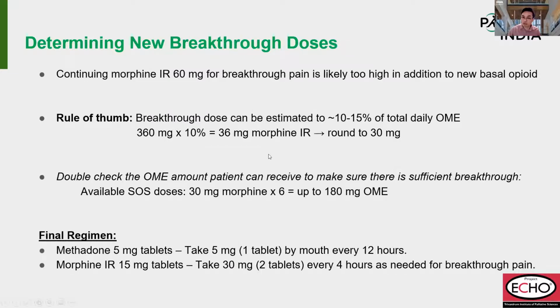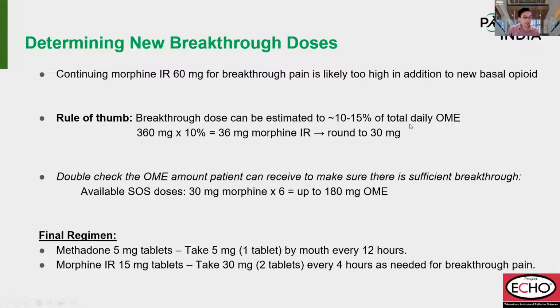And that's a great question. So when we think about how much SOS dosing they're using, if we continued the 60 milligrams a day, that might be too high of a dose, right? Because we're adding on a basal and on this 60 milligrams a day that they're already currently taking with some relief. So the rule of thumb that I generally use is you can use an estimate of 10 to 15%